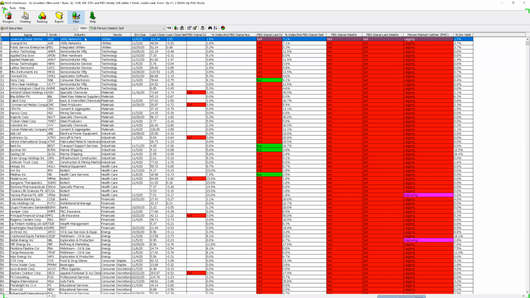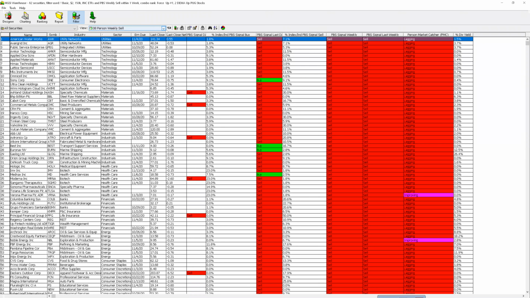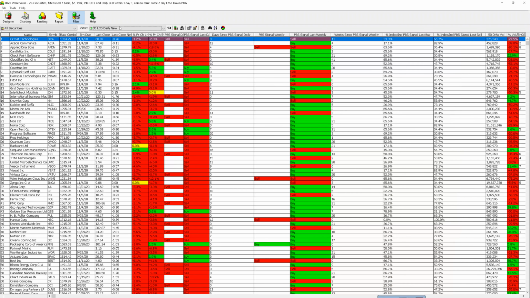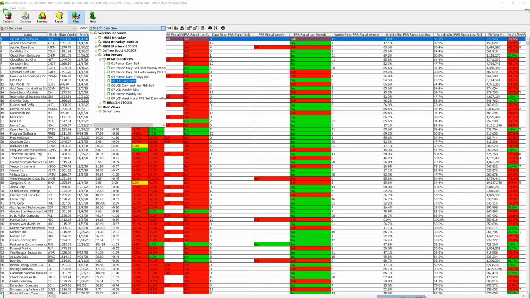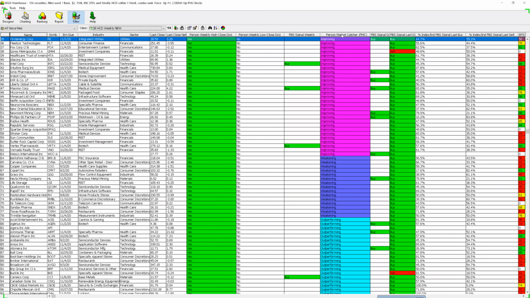It breaks down the industry, the sector. It puts everything together, whether the PBS, my signals, the relative strength. We can look at adding, filtering groups and industry groups for daily stocks that are in daily and weekly sell signals, and then identify what the condition is, whether they're improving with relative strength or whether things are disimproving. And besides looking for sell signals, we can also identify buy signals, and we identify if anything's in a weekly, fresh, new buy signal. The indicator that I talked about, the PMC, the relative strength,